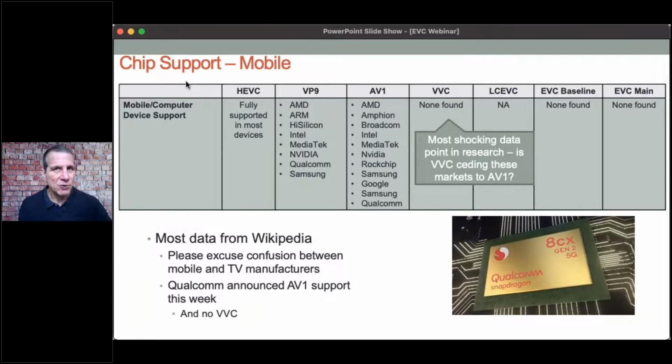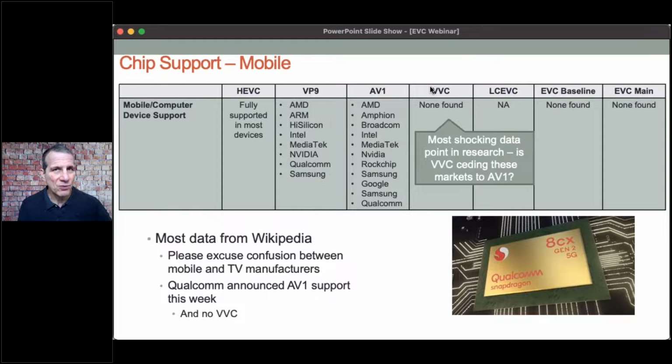Now, let's look at chip support, because that kind of starts the cycle. All of the codecs that we're talking about have already passed first draft international spec, and we see that HEVC is fully supported. VP9's got a ton of hardware support, and this is on the mobile side. AV1 has a ton of hardware support on the mobile side. I'm not really big on these manufacturers. I may have put some TV vendors here and some mobile computer vendors on the TV side that you'll see in a few minutes, but you get the point. There's a ton of support here, ton of support here, and there was no VVC,